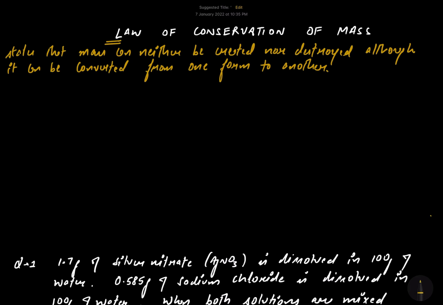We are dealing with chemical combinations. So, in terms of chemistry, the law of conservation of mass states that during any chemical reaction,